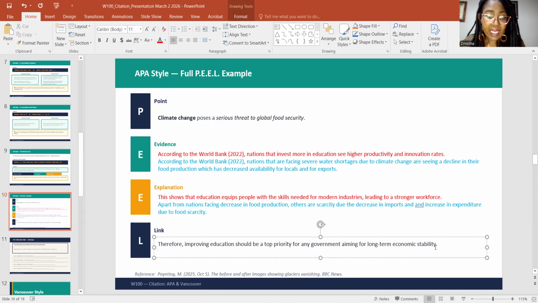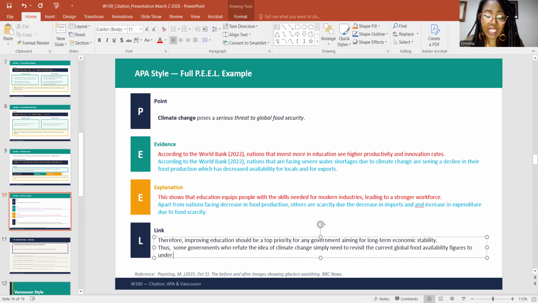So in the main point, you can say, thus, some governments who refute the idea of climate change simply need to revisit the current global food availability figures to understand that there is a massive decline in productivity that has never been seen or recorded in history before globally, something like that.